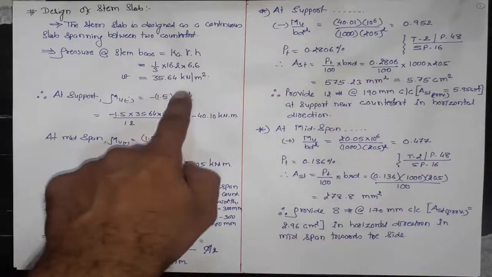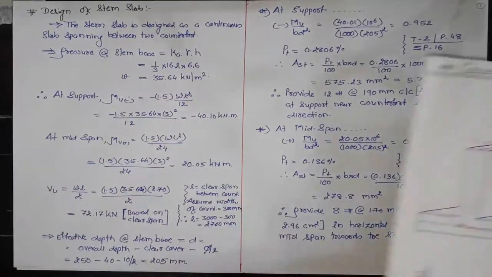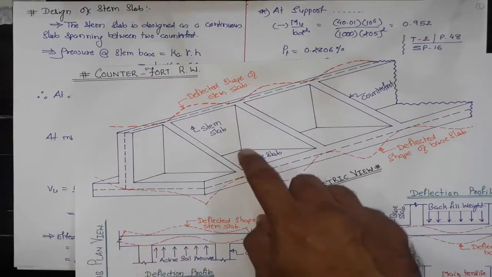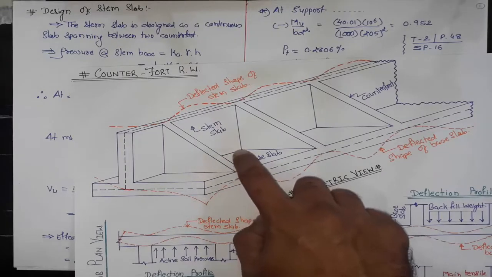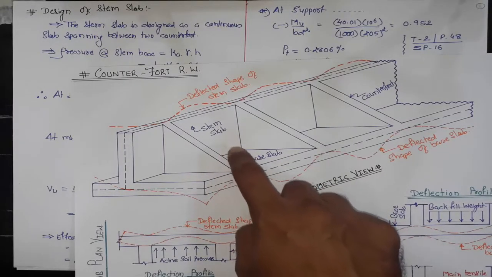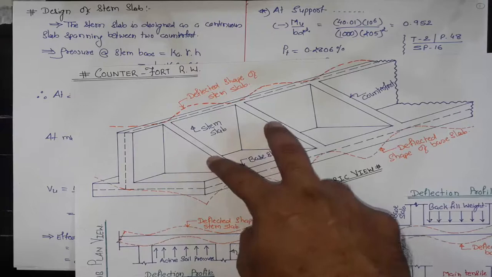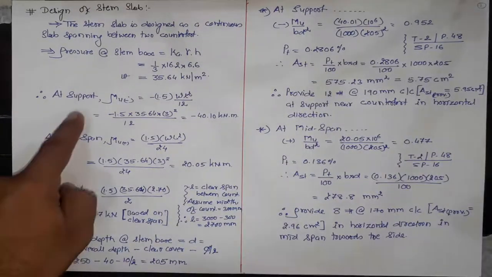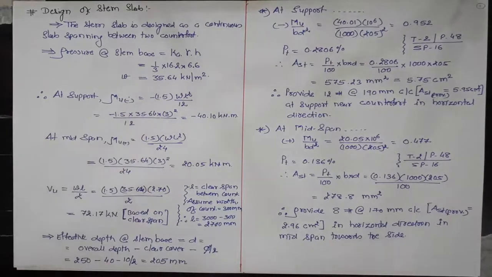This 35.64 kN will act as an UDL force on stem slab. This acts at the base of the stem. Here we are having a UDL force between two counterfort. Therefore, the bending moment at support will be equal to